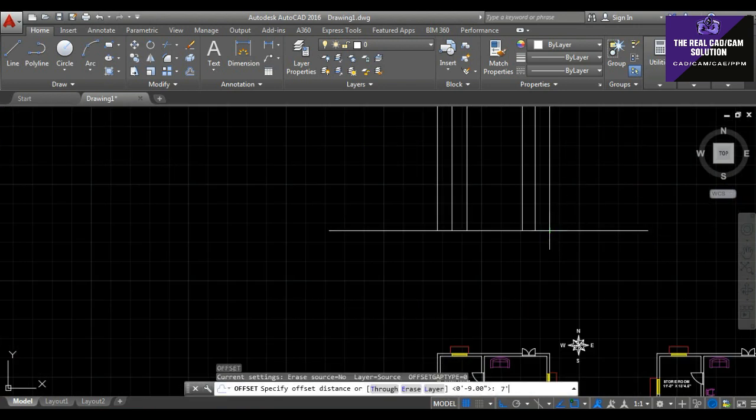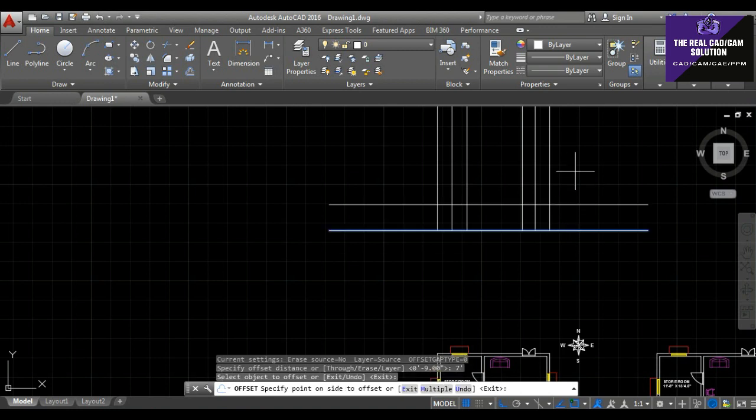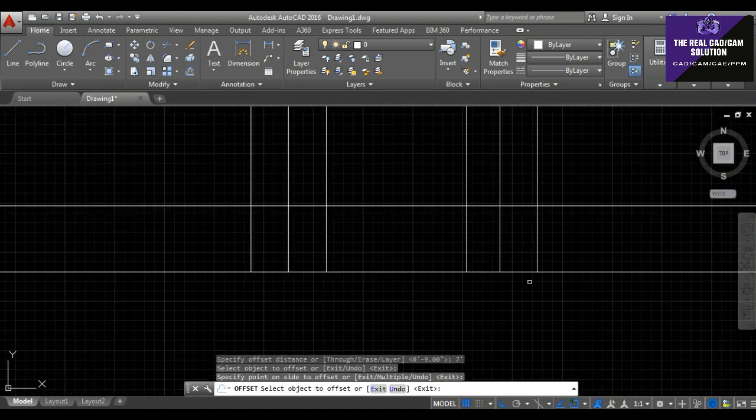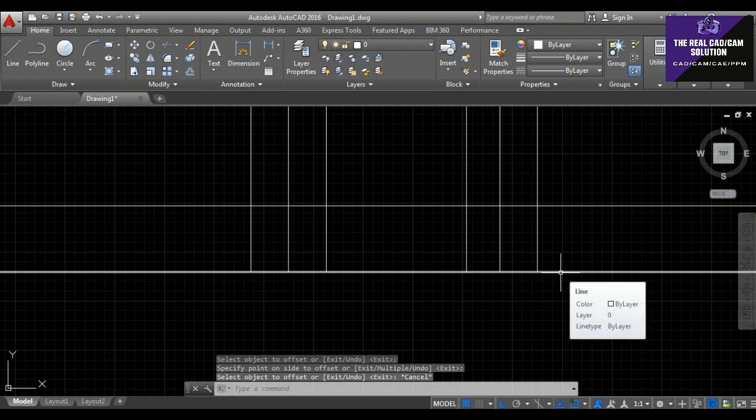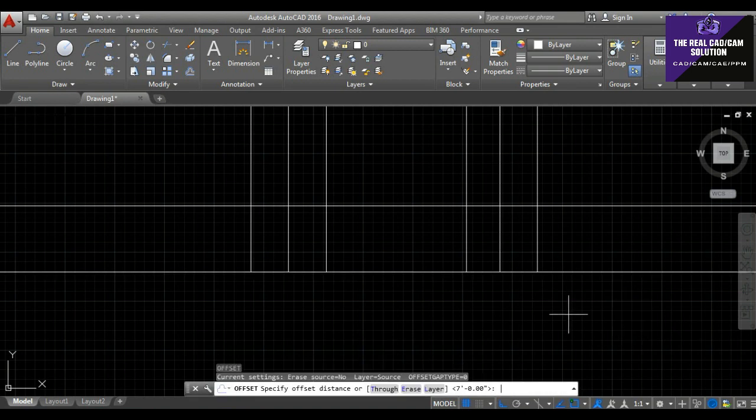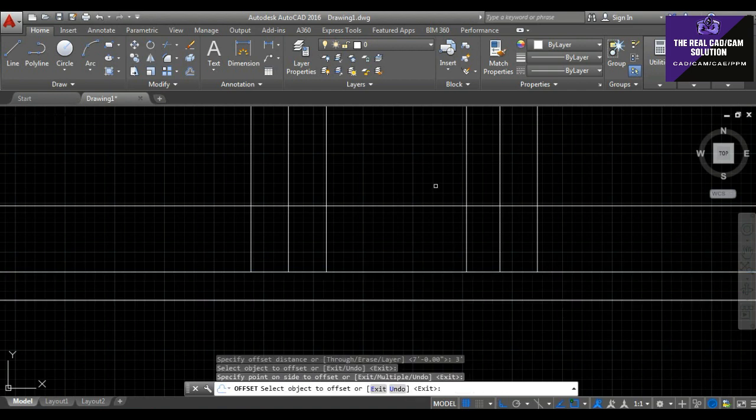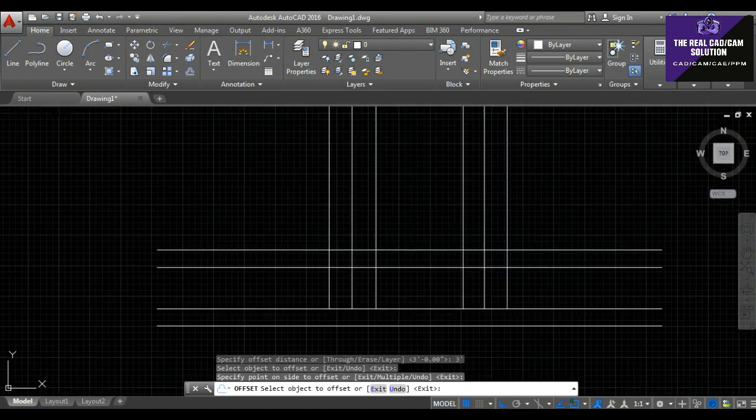Here is the ground level. Take an offset, first of all 7 feet to the lintel level. It's 7 feet, and first of all you must take 3 feet below because it's the basement level. Okay, and then you have to choose 3 feet on the lintel and above to the rooftop.